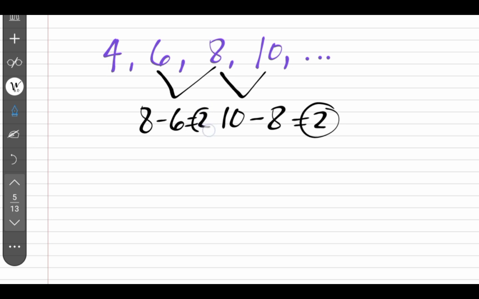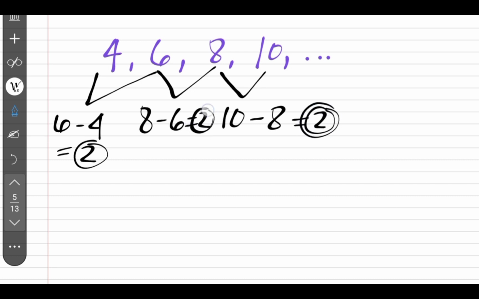If yes, the differences of 8 and 6 and of 10 and 8 are the same. What we still need to prove is whether the difference of 6 and 4 is also the same. So, 6 minus 4, is it 2? Yes, it is 2. Since the differences of the consecutive terms in this sequence are common, which is 2,